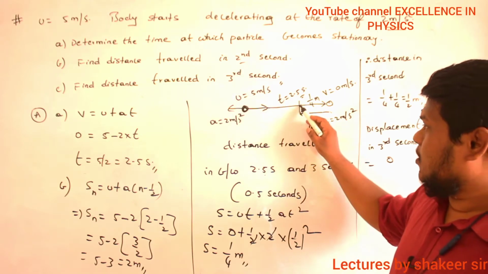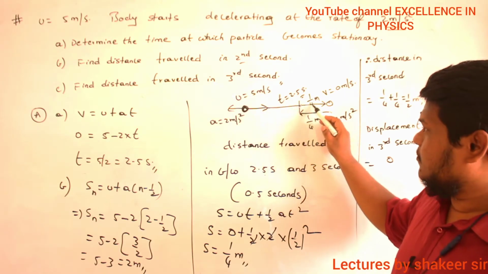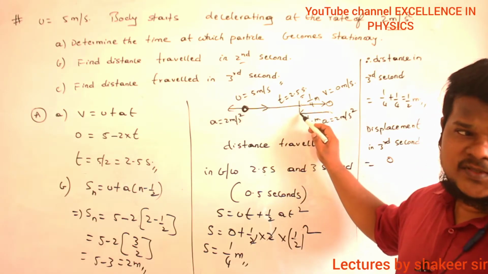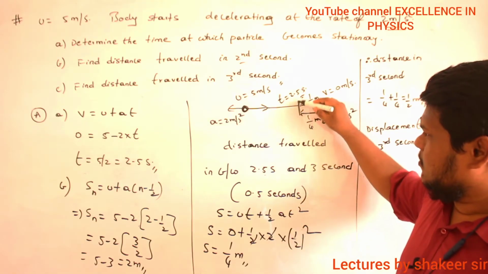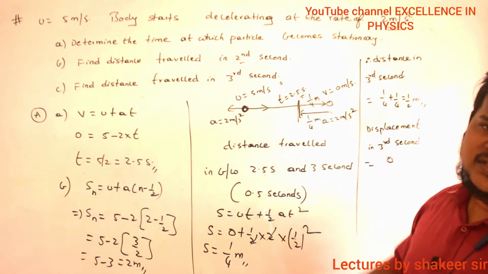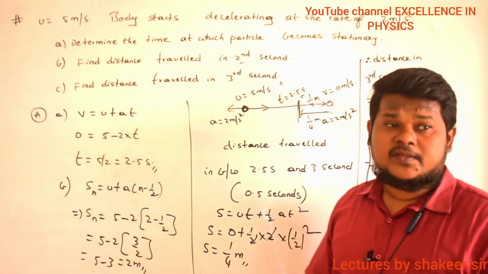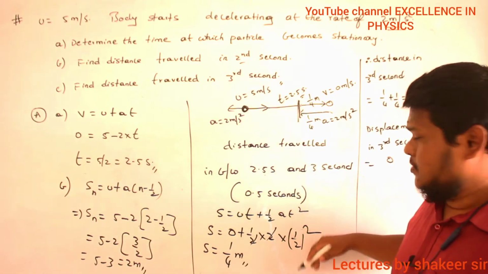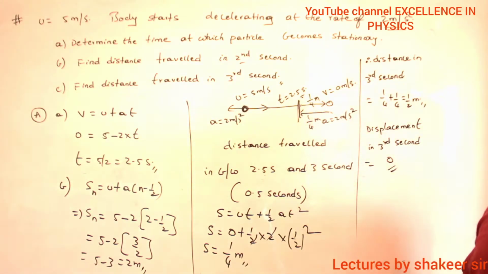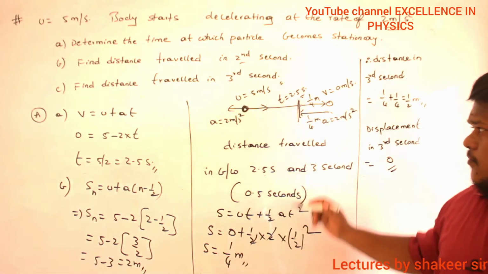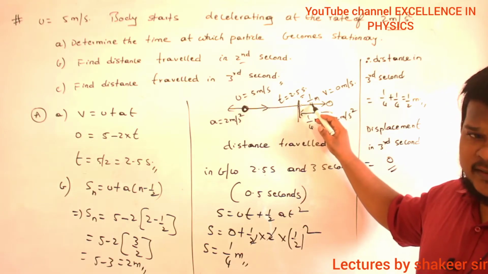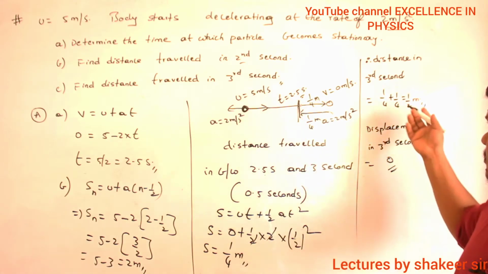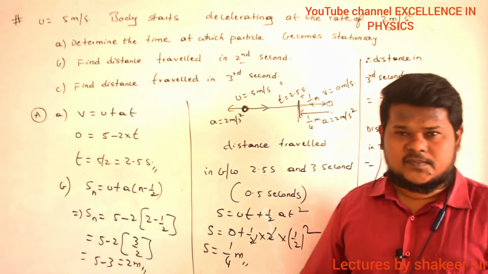From 2 to 2.5, it will travel from here to here, no? And from 2.5 to 3, again it will reach the same position. So the body is present here only. This is the initial position. This is the final position also. So total displacement is 0. This is a very, very logical question. Are you able to understand? So total displacement will become 0, but distance doesn't depend on direction. From 2 to 2.5, 1 by 4 meter, 2.5 to 3, another 1 by 4 meter. 1 by 4 plus 1 by 4, 1 by 2. That is our answer. Fine?